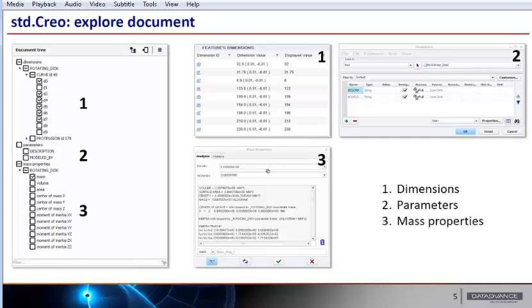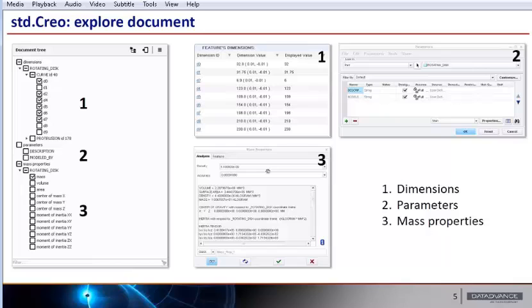Now we go to the integration block with PTC Creo Parametric. For the Creo model to be used inside our workflow, the user needs to choose what characteristics of the model will be changed during the workflow execution, and also what data should be extracted from the model for further use in another block. For this, in the configuration window of the block, we can choose the model and build a